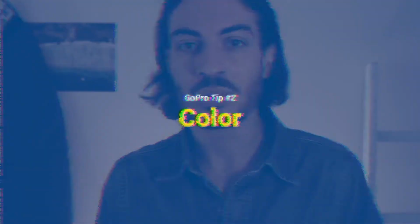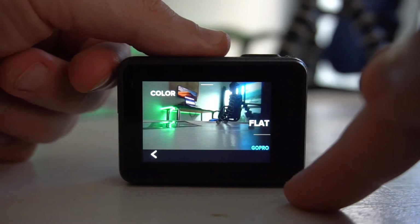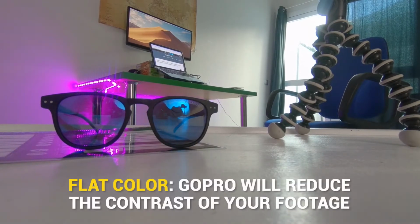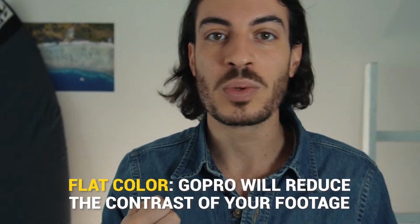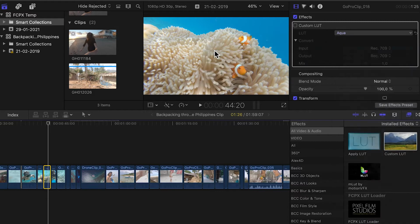Now let's move on to the color Protune setting. This color setting allows us to set a GoPro style color preset directly in camera or just leave it flat. If you set color to flat, the GoPro will reduce the contrast of your footage, retaining its details within highlights and shadows. So if you are planning on color grading your video in post-production, or you want to add